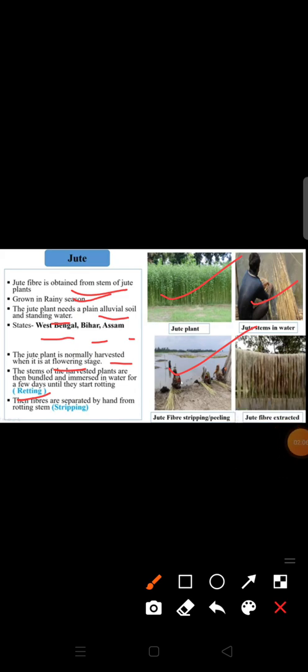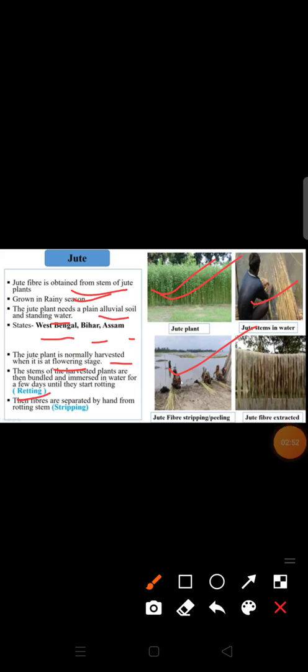So the plants are cut during the flowering stage, because good quality jute is obtained from its stem only at this stage. Otherwise the stem becomes very hard and it is very difficult to remove fibers from it. The cut jute plants are then left in the field for a few days so that the leaves dry and fall off. When dried, they are tied up in small bundles, soaked in stagnant pond water and left there for about 20 days.